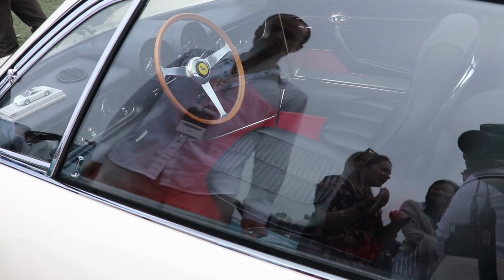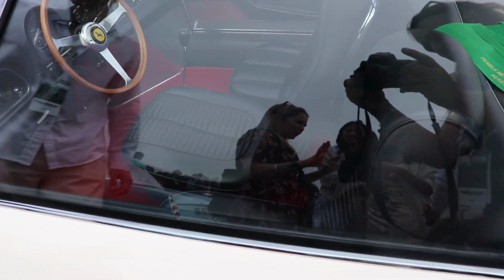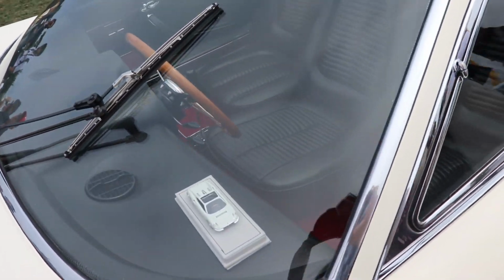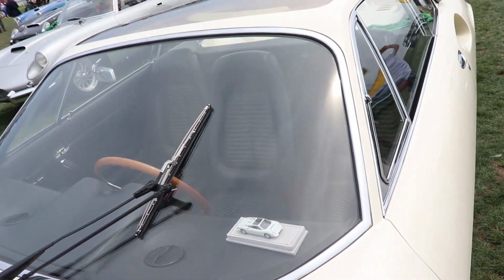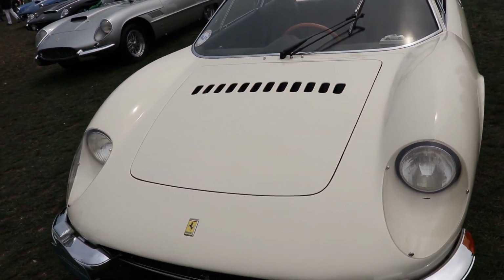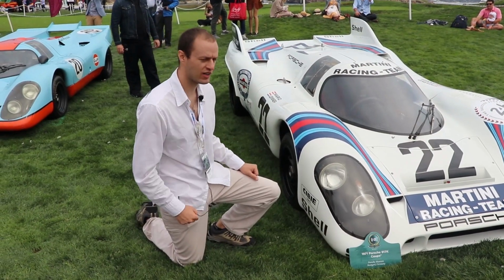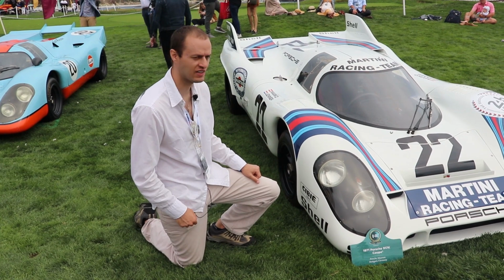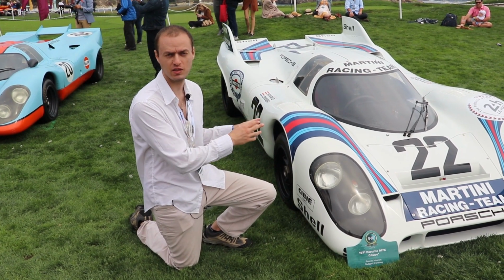This is most definitely something you'll not see every day. I like the little model they got over here too. Spectacular. Okay, over here we've got an absolutely legendary Porsche racing car, the 1971 917K, which had a magnesium tube,